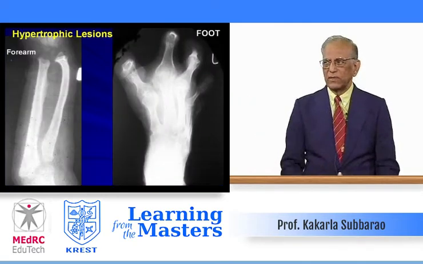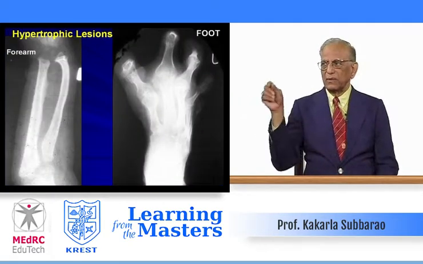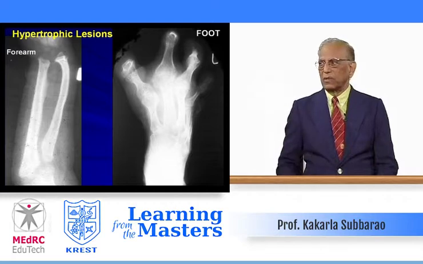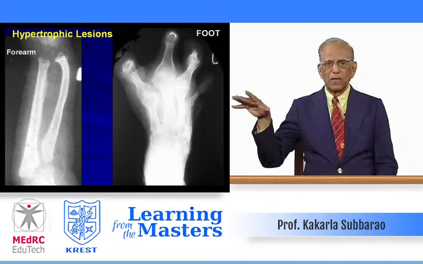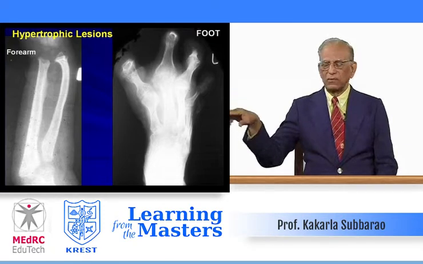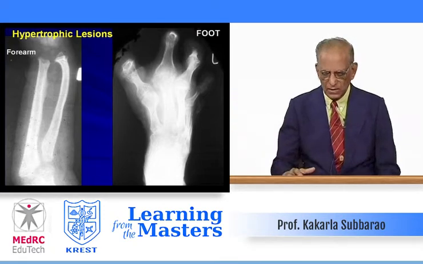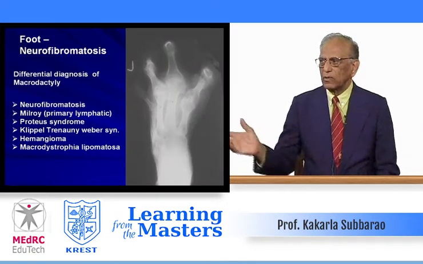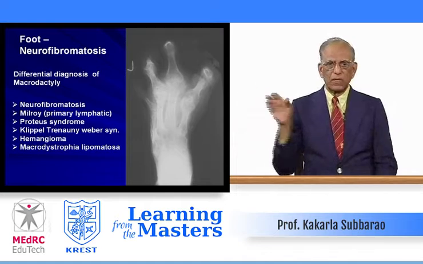Forearm, on your left side, look at the atrophy of the ulna, erosion and atrophy of the distal end of the radius, with diffuse soft tissue swelling due to plexiform neurofibroma. Foot, looks like an animal's foot. Look at the hypertrophy and sometimes atrophy of the 4th and 5th metatarsal digits. Foot again, neurofibromatosis. Differential diagnosis: when I show it